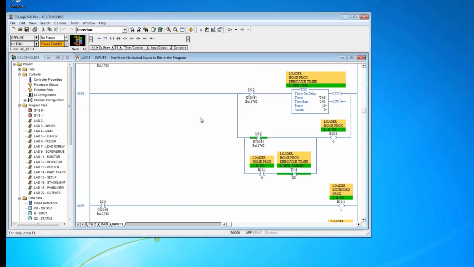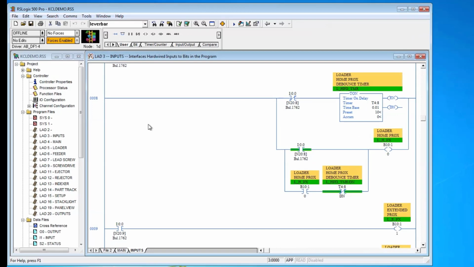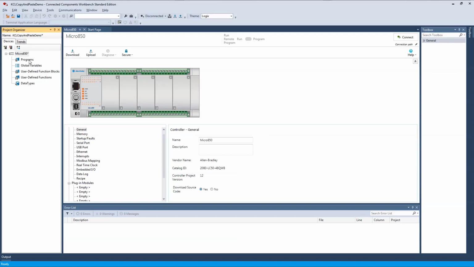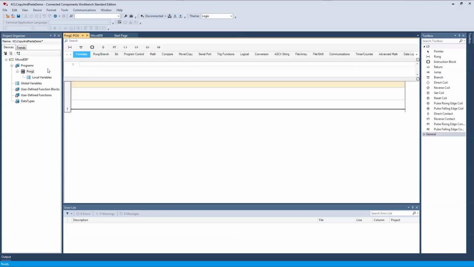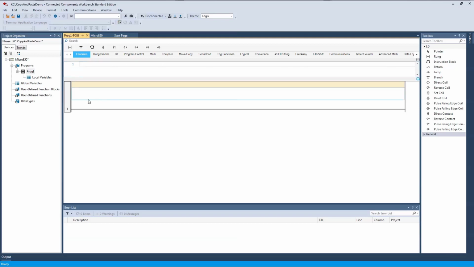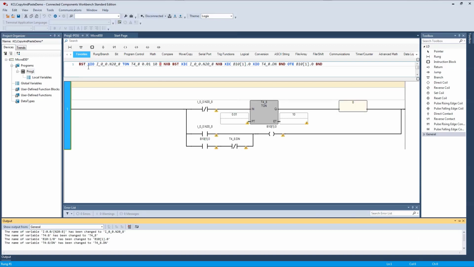Alright, so let's go back to that same program that we looked at earlier. And we're going to go ahead and select one of these lines of logic to paste into our program. I'll go ahead and copy this rung. In CCW, we're going to open up a program. We're going to add a new program, excuse me. Add a ladder diagram, open that up. And you can see here I've already opened up the structured text editor, but to get to that, you just click on this little arrow here. And you can, at that point, paste in the rung that we just copied